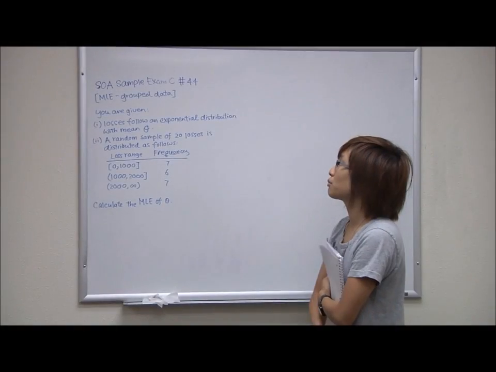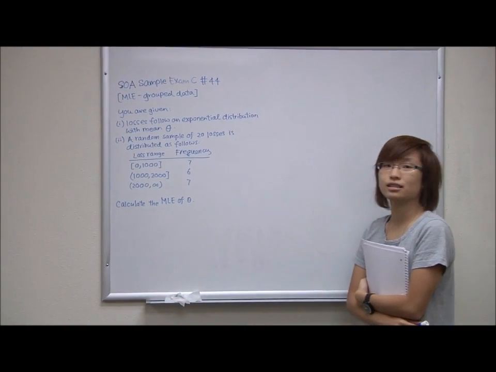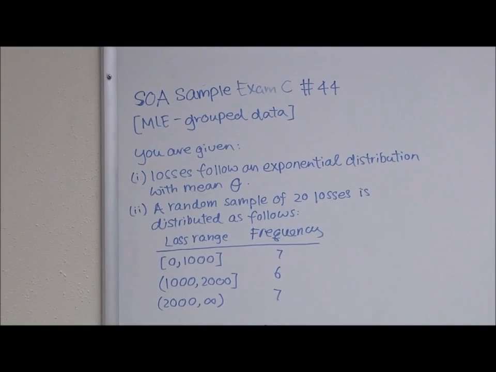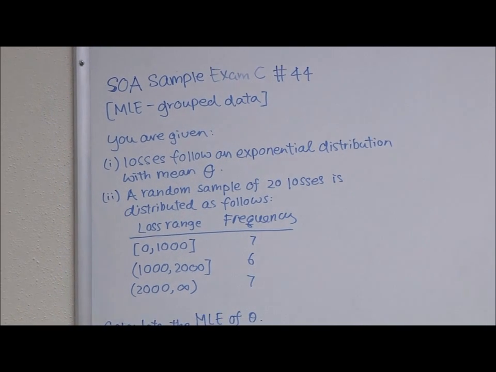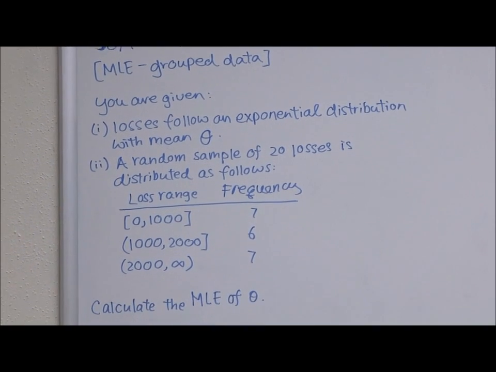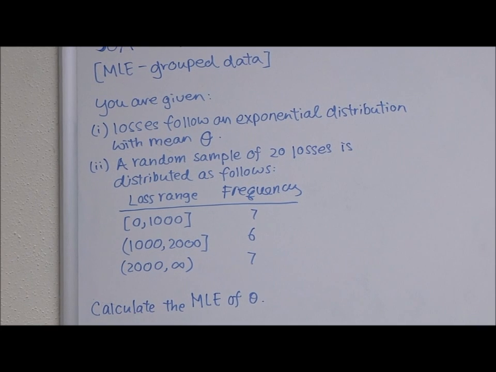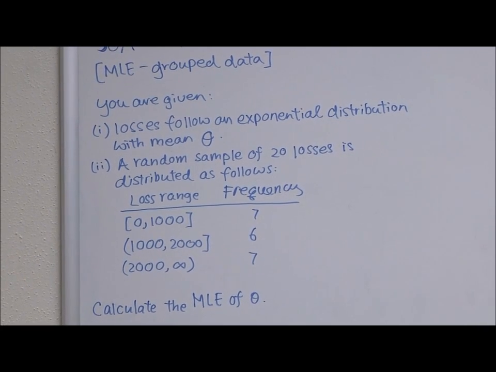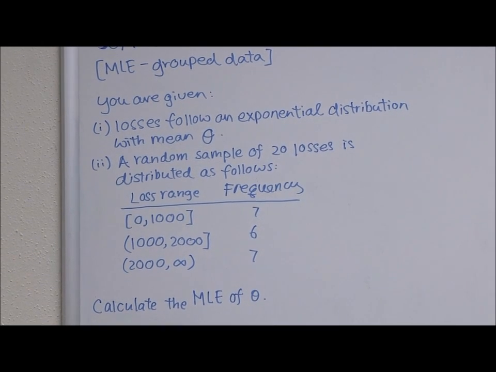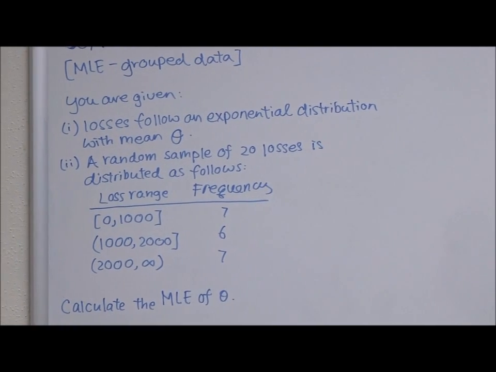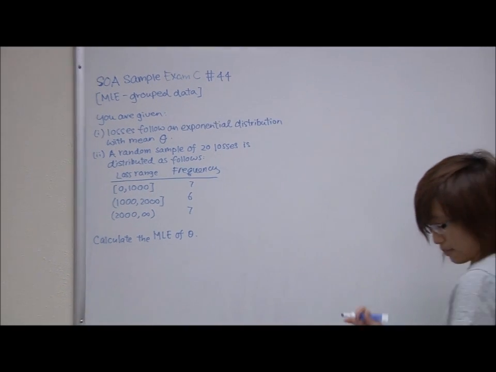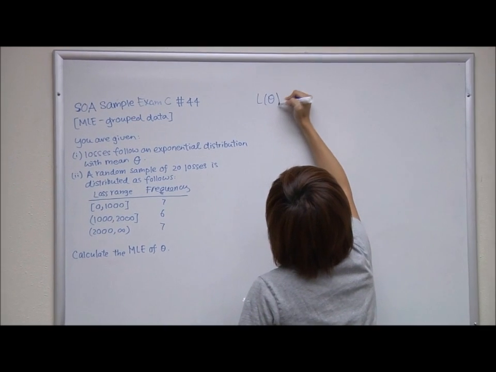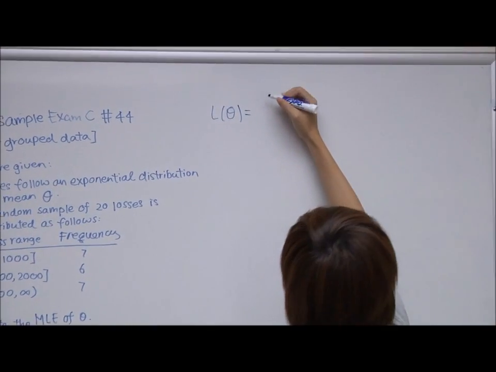So here's another problem from the SOA Sample Exam C number 44, which deals with MLE with data. So the problem is, you're given losses follow an exponential distribution with mean theta, and the random sample of 20 losses is distributed as follows. And we have to find the MLE of theta. So the maximum likelihood function, in this case, would be equal to